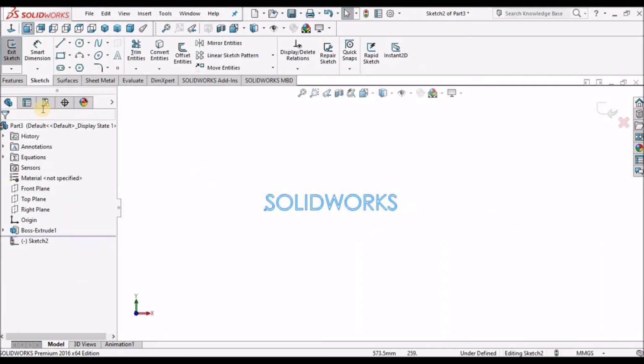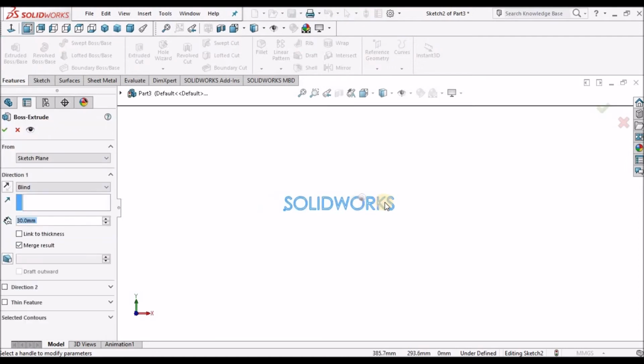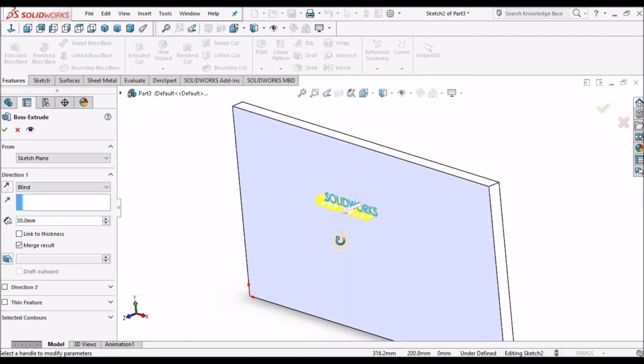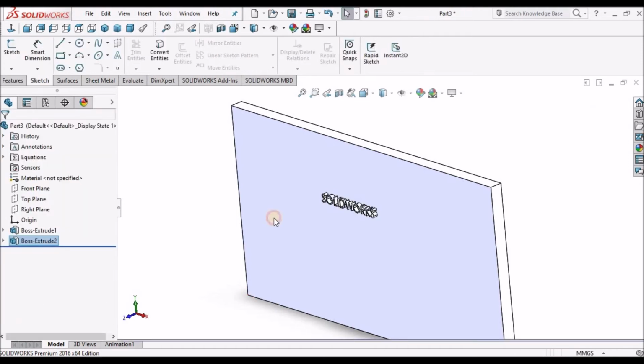Okay, next I need to go to the boss option. So this is for embossing.